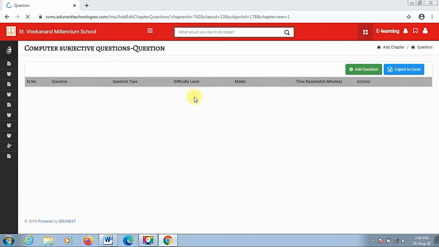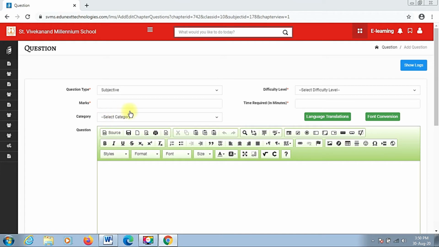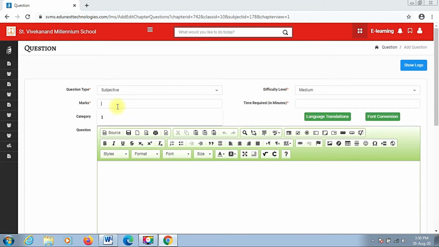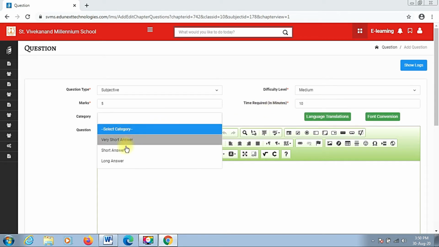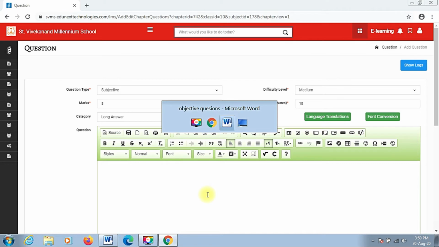Just click on add question and from the question type just select subjective. Difficulty level, medium, hard, or easy. Marks, I'm going to write 5 marks and I'm going to give them 10 minutes. Select category, so very short answer, long answer. I'm going to select long answer. For that also I have created a